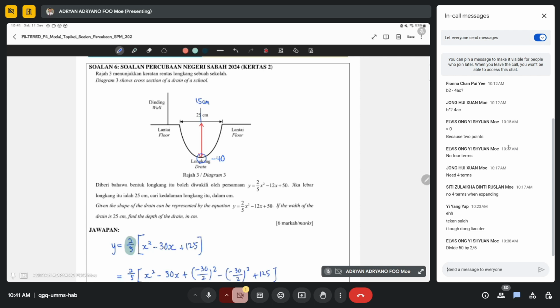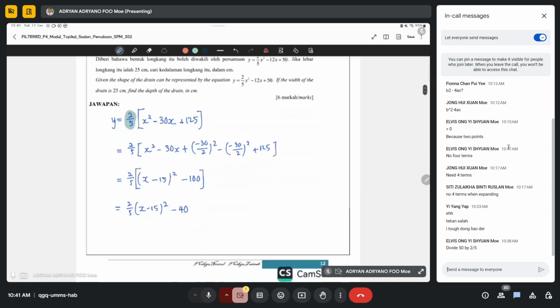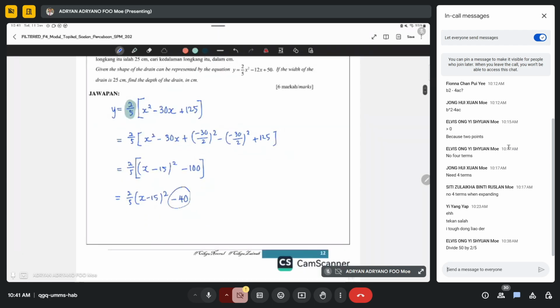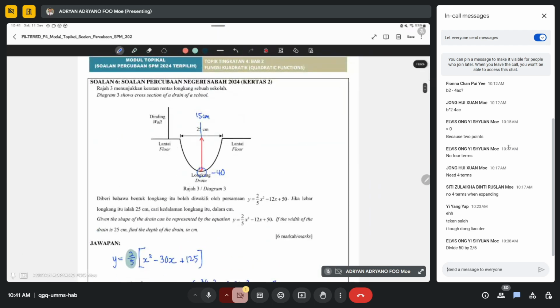The negative 40 is not the depth yet. Okay? 我们讲到 negative 40，这个只是那个 y value of the minimum value, which is the 最底部那边。